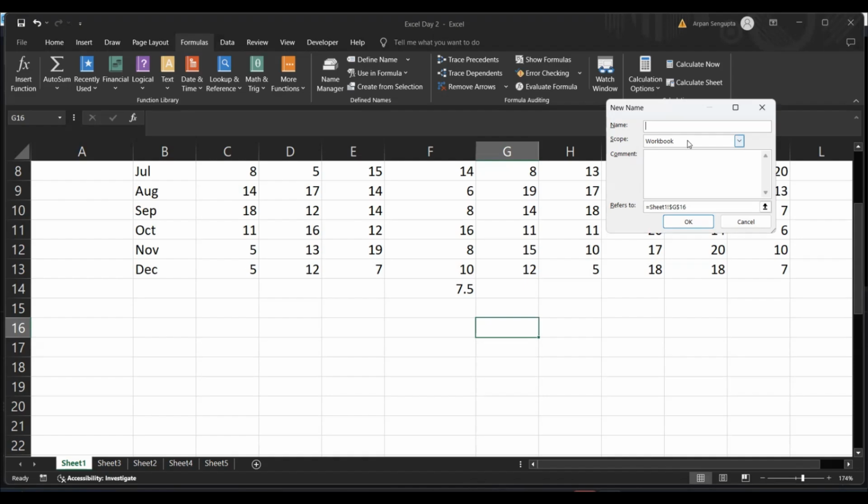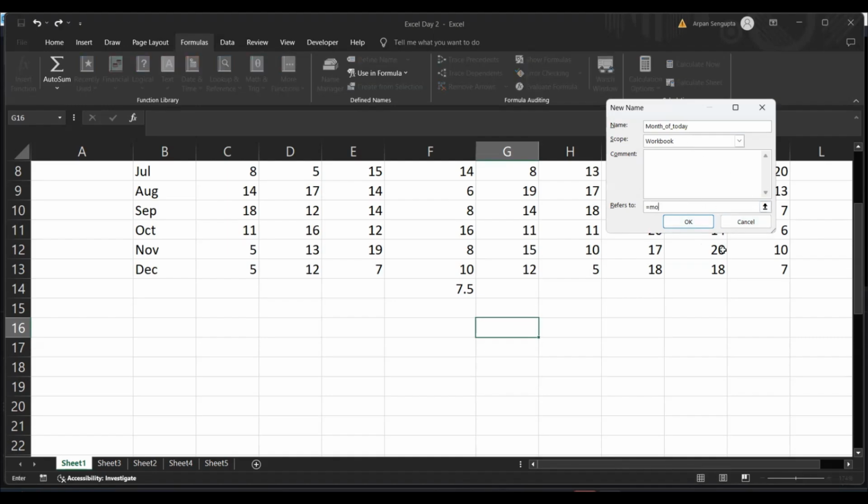Anyways, coming back to this, so here I'm calling this month, today's month, something like this, like month of today. Okay, so how are we going to get that? First we are going to write month. Now here you have to be very careful that you write the proper formula, right? If in the Excel formula it is MON, then you have to write MON. If it is MONTH, then you have to write MONTH, right? So month,